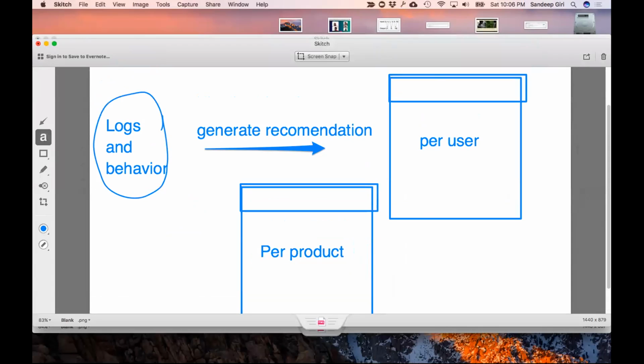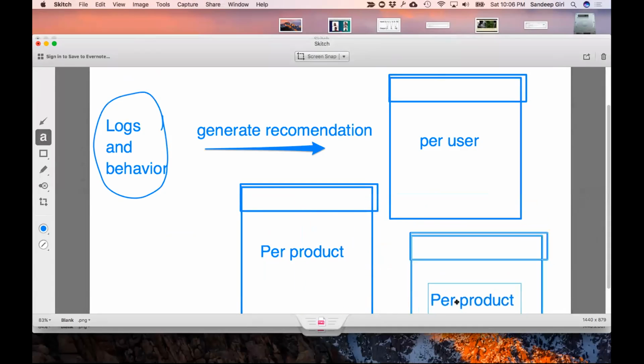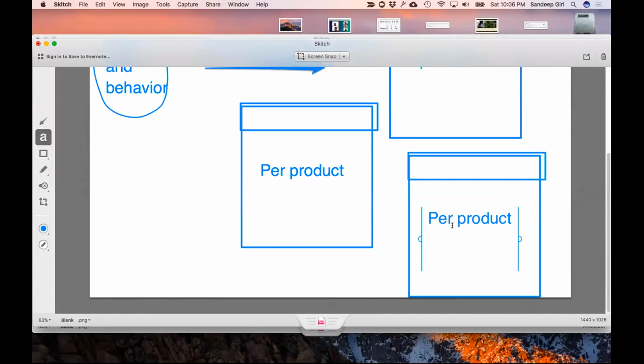In that case, per product recommendations, as in people who bought this also bought that, or those kinds of information are very useful. And sometimes the recommendations are also based on what we call